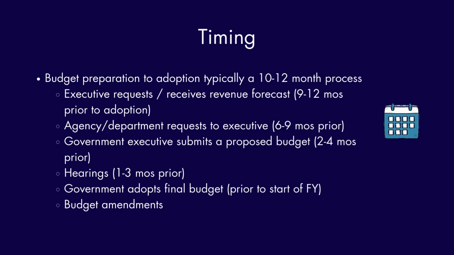And revenues don't tend to change dramatically from year to year. I mean, obviously, the hope is that they grow. There have been many cycles where they've retracted. Recessionary trends in sales taxes are obviously negative. Lots of governments have policies in place to protect property tax revenue, so that tends to be a little bit more stable. But the executive is talking to the departments, requesting for them to provide what they'd like to be funded for the year. So the departments send their wish list back to the executive,